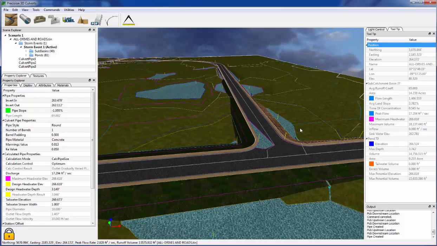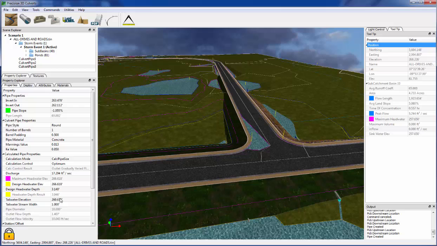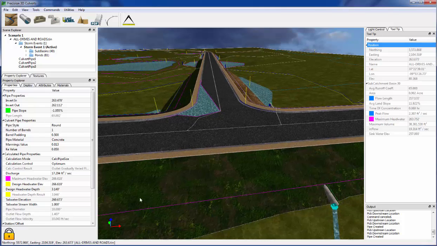But in this case, we know that we can deal with the water. If we want to make sure that we don't get any water or very much water, we can always play with the pipe sizing. And so we're in pipe sizing calculation mode, which is the default. And again, we have the Manning's, concrete or CMP. So typically this probably would be CMP anyway. And we would have a Manning's value of 0.025